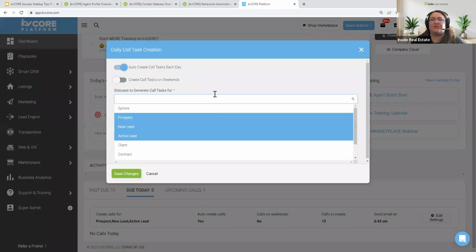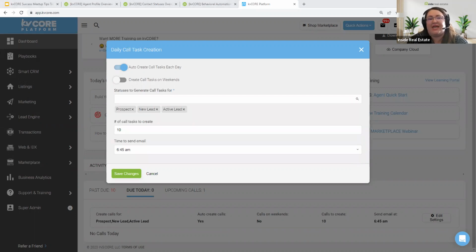Now, should you add anyone else here? And that is a good question. So the daily calls and tasks, you can add your sphere in here. I personally would add my sphere of influence in here.